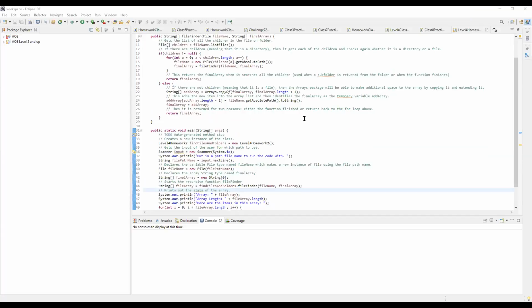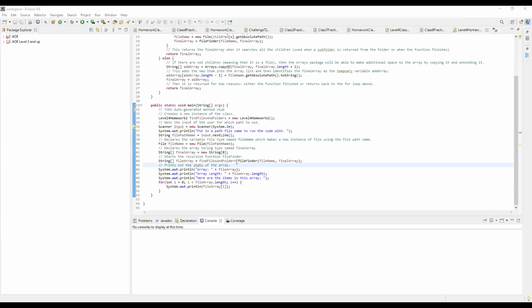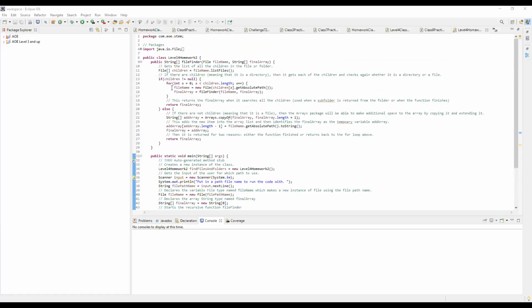And then after that, I asked for the input for putting in a path name to run the code with. Then after that, I got the input using .nextLine. After that, I created a new file instance using the path name. Then after that, I created a final array with nothing inside it. Then I took the file array and then used the function file finder to run this code to return the final